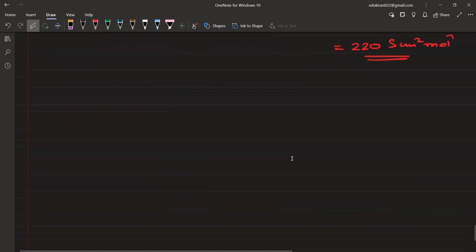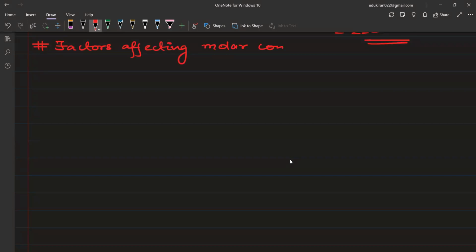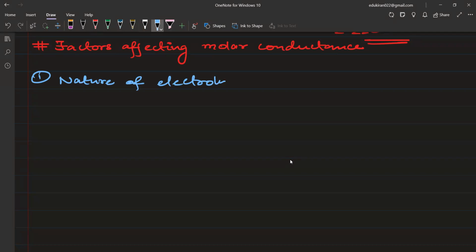Yes, sir. Now लिखिए factors affecting molar conductance। Number 1, nature of electrolyte। ठीक है, साथ साथ लिखते जाइए, समझ में आता रहेगा आप लोगों को, ठीक है। प्लीज राइट द मोलर कंडक्टेंस ऑफ स्ट्रॉन्ग इलेक्ट्रोलाइट।